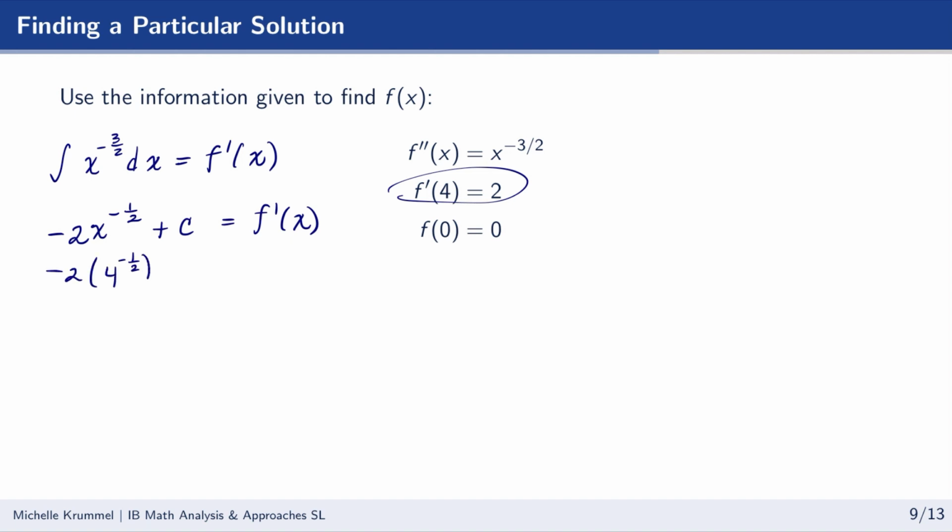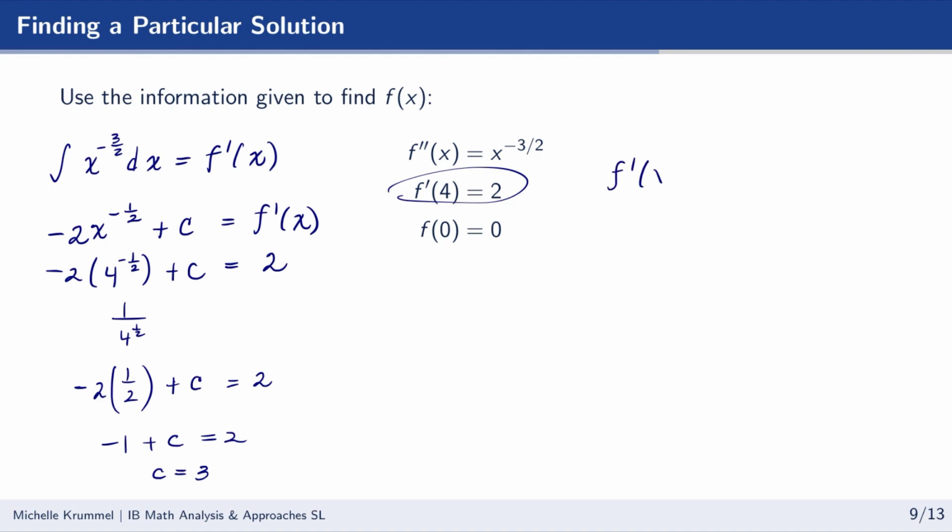4 to the -1/2 plus c equals 2. 4 to the -1/2 is 1 over 4 to the 1/2, and 4 to the 1/2 is the square root of 4, which is 2. So this is just 1/2 times -2 plus c equals 2, and that is -1 plus c equals 2, c equals 3. So now we know that f prime of x equals, here's our f prime of x equation,